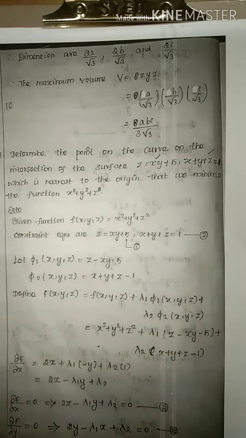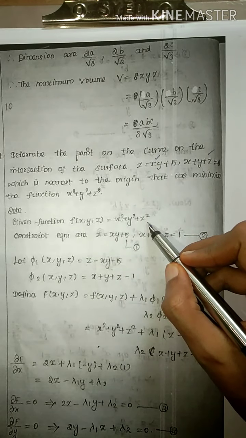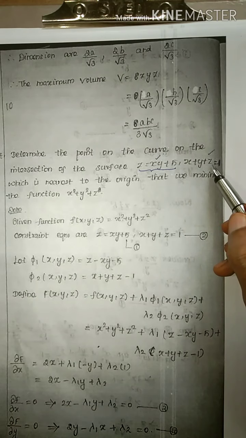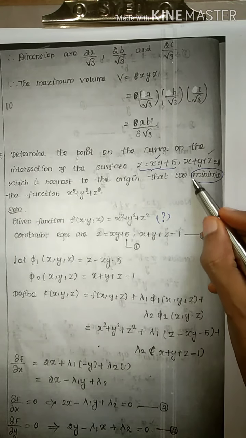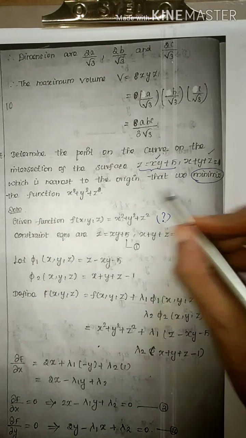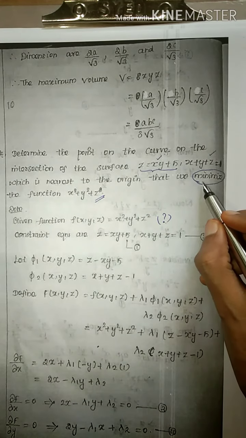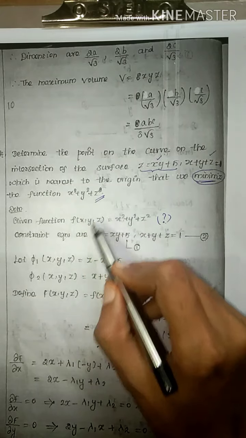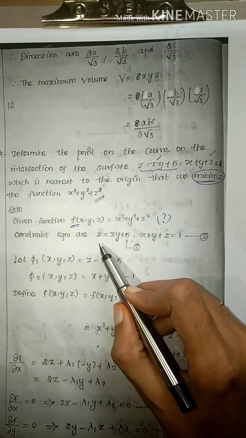Okay, so for that, first you consider the function f(x, y, z) is equal to x square plus y square plus z square, and the next two constraint equations are there: z equal to xy plus 5 and x plus y plus z equal to 1. How can you identify this as the function? Just from the question itself, if any term like minimize, maximize, shortest, largest is given, nearby, whichever function is represented, you can consider that the function. Here the question says minimize, and together you can see two other constraint equations are given, so you consider that as the function f, and the remaining two as constraint equations.